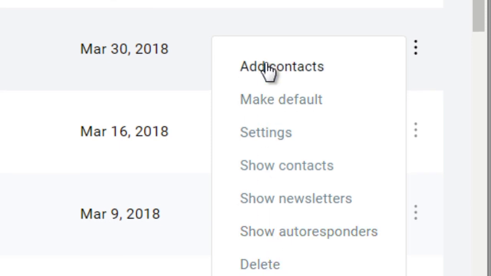So adding contacts, what that means is if you have an external list, let's say for example, you have an Excel spreadsheet of a list of customers, then you can click add contacts and you can actually import those contacts into GetResponse. Now I would say be very careful with this. When you do that, make sure you clean your list or make sure that your list of people are active. Now, the reason why we don't really do this a lot is because when you're just starting out with GetResponse, you're building a reputation, or GetResponse